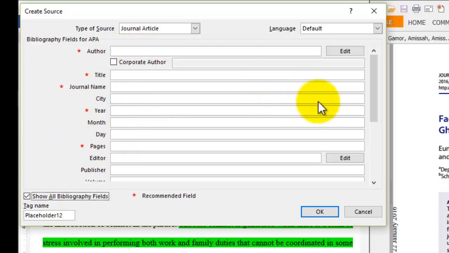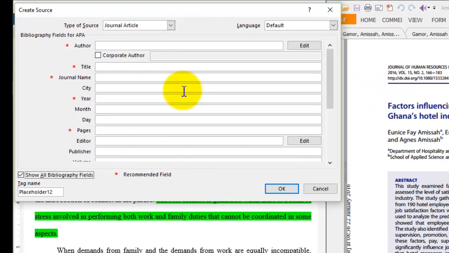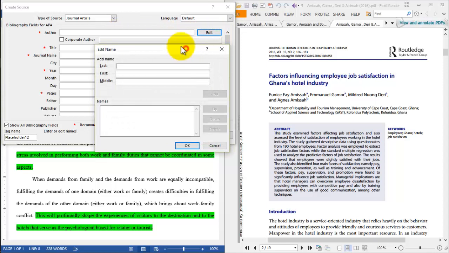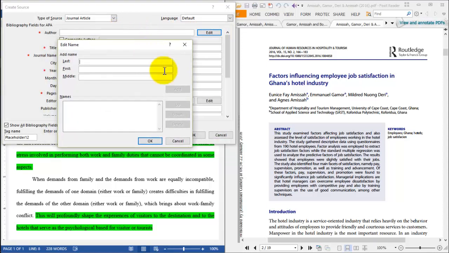So when we come here, first we look for the information that is being required, then we go to where it is displayed, and then we transfer it. So first we look at the author. With the author, you can choose to type it in here, but you may have a number of errors. So you go to Edit, it will give you a box to write the author's name in. This one has 4 authors, so we are going to put in 4 authors, and it starts with